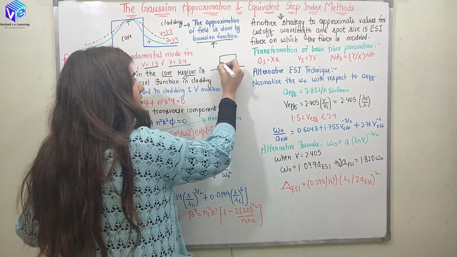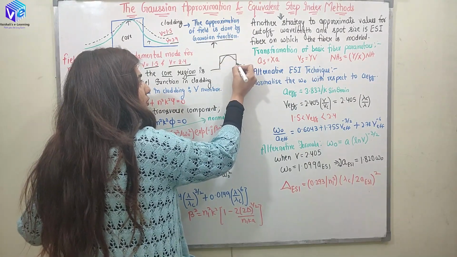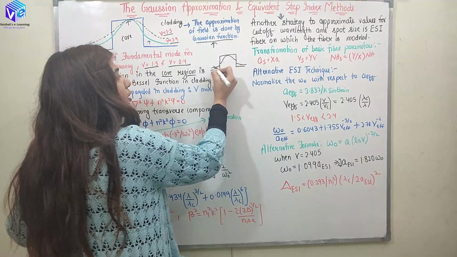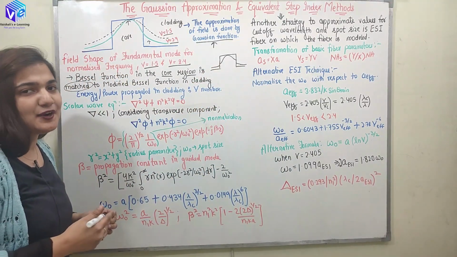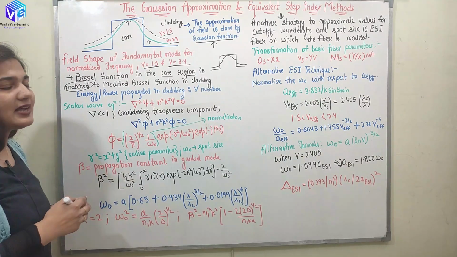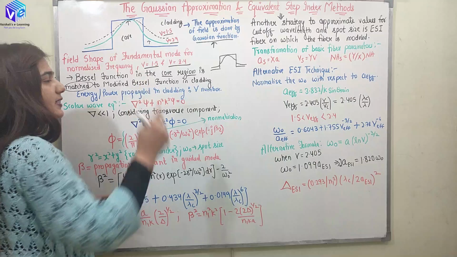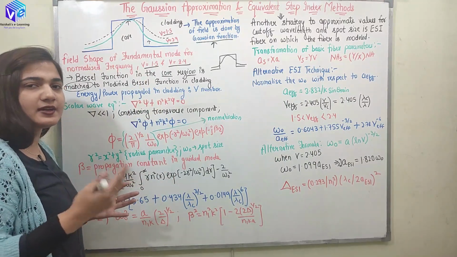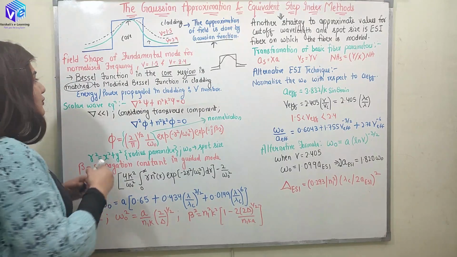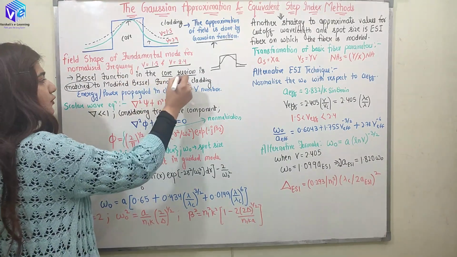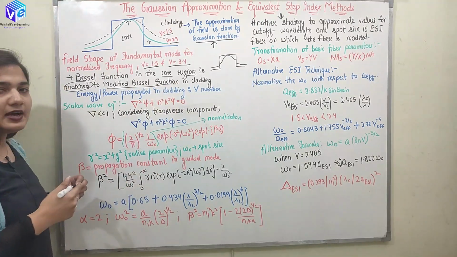Here you can see we will have some field in the core, and let's suppose this was the field in my cladding. Now if these two are not matched, I cannot approximate it to the Gaussian function, and this is what happens in the actual scenario. Ideally the field in the core and the cladding are matched, but practically this is what happens, right? So now the Bessel function in the core region is matched to the modified Bessel function in the cladding